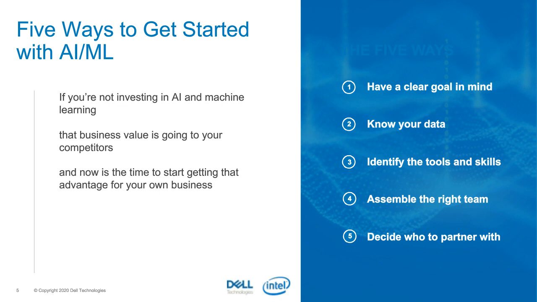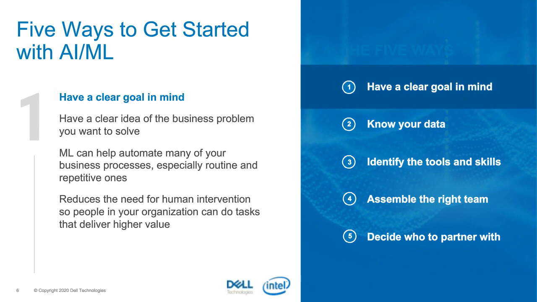And that goes into the next point of assembling the right team. If you don't have the right folks in your team, you might want to borrow from some other teams, you want to make some new hires, or you might want to outsource and use software to do that. And then finally, you want to decide who you're going to partner with. We hope you partner with Dell Technologies because we have a lot of these tools. We've been working with a lot of customers and end users and going with them on this AI journey together. So that was a quick overview of the 5 different steps. Let's talk a little bit about each of those steps in more detail.